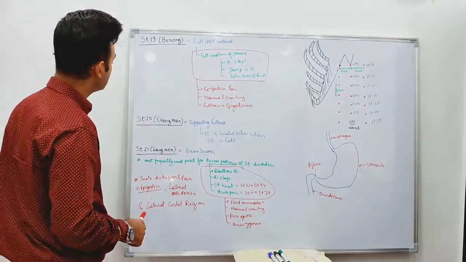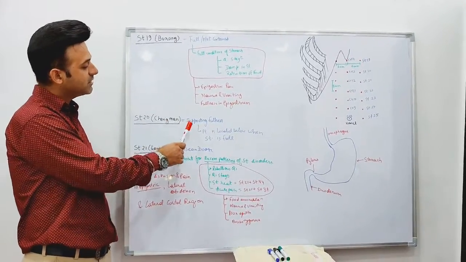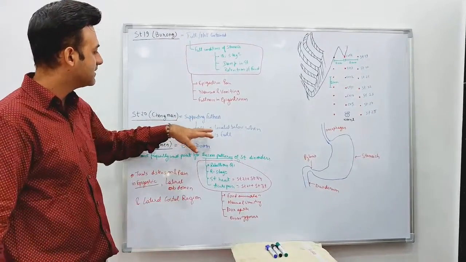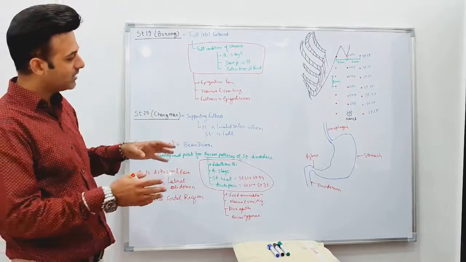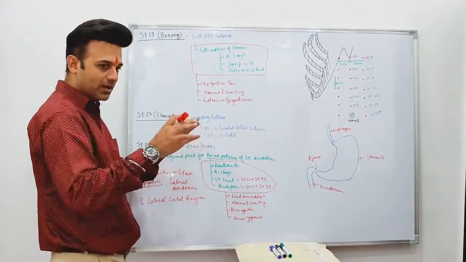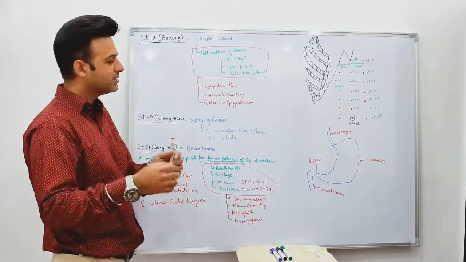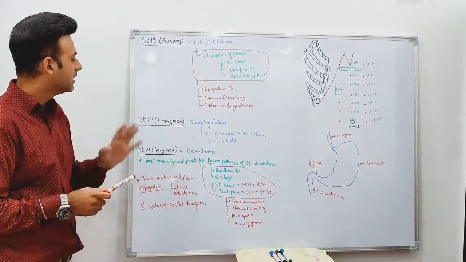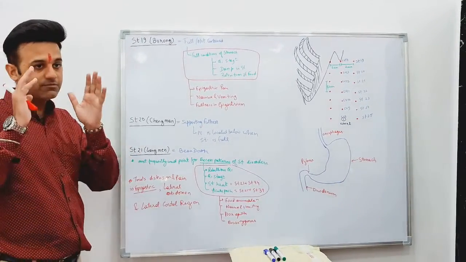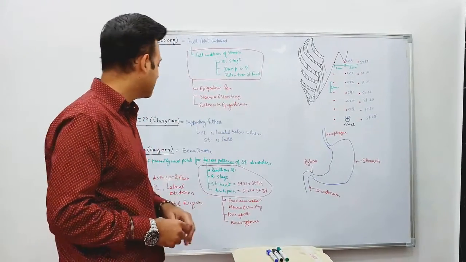Now let's quickly move on to the next point, Stomach 20. Stomach 20 is known as Chengman, meaning supporting fullness. Let's understand why it's named so: this point is located below the stomach when it is full, so it is just supporting the fullness. After you eat food, the stomach gets full, and just below the stomach there is a point, hence the name according to the location. Stomach 19 and Stomach 20 have exactly similar indications, and both can be used simultaneously.